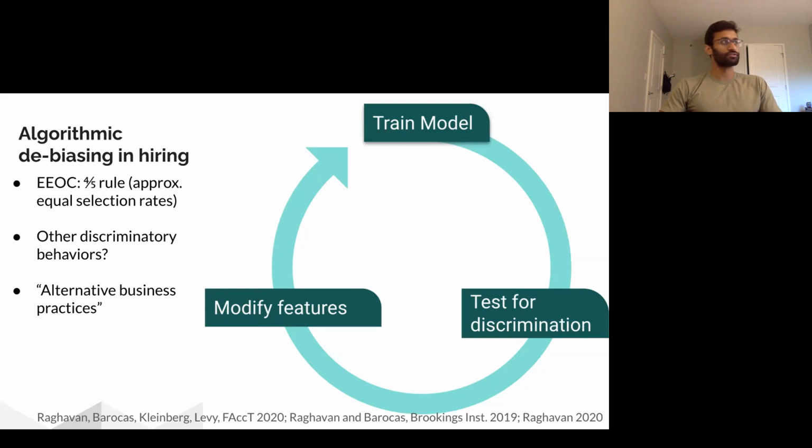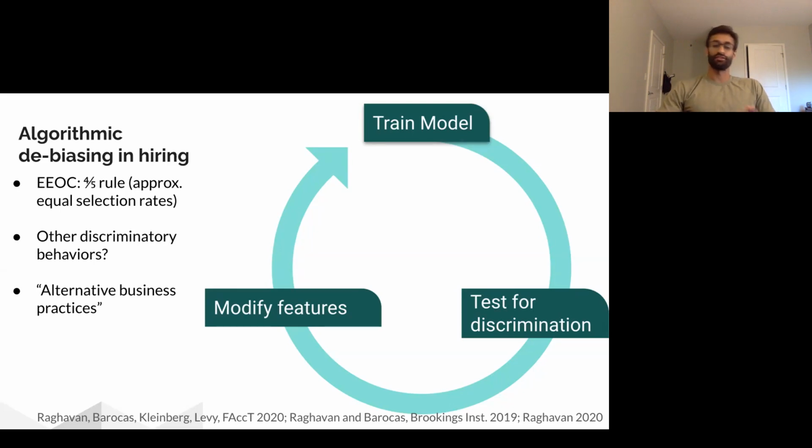And the final thing I'll say here is that there's an interesting phenomenon created by discrimination law in the United States, which basically says that all else equal, if you can come up with a selection procedure or an algorithm in this case, that is roughly as accurate, but actually minimizes disparities in selection rates, you have an obligation to use it. So what this says is that because we can use machine learning techniques to somewhat easily satisfy these constraints at little cost to something like accuracy, there might actually be an affirmative obligation for firms to start using them.